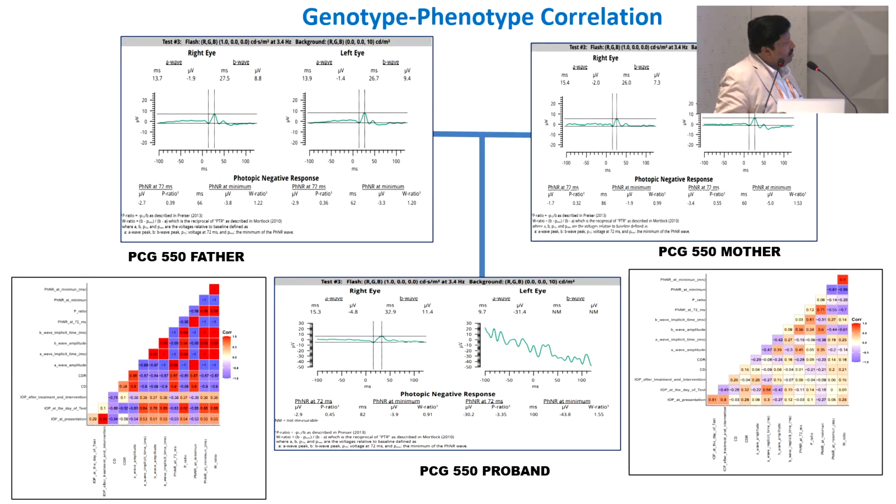And we also looked into the correlations of the clinical parameters with parameters of the PHNR. And we find that patients who have multi-allelic changes have a stronger correlation as opposed to those on your right-hand panel who do not harbor multi-allelic